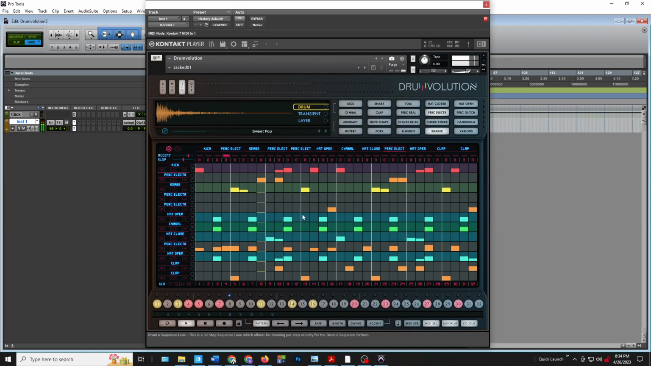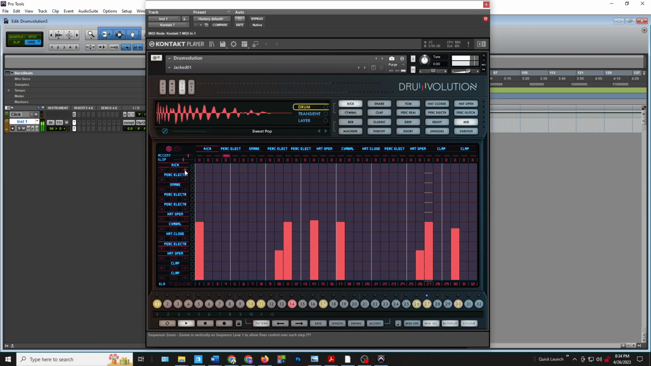If you really want to dig deep into modification, you can click this plus sign, and this gives you the page for the whole kick lane. I forget all these different options here, but